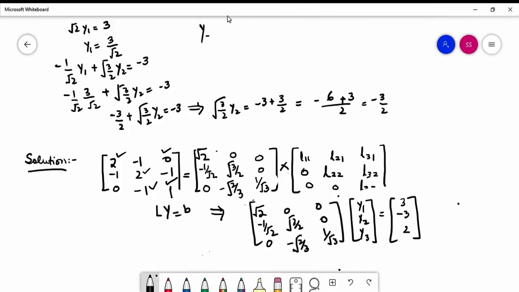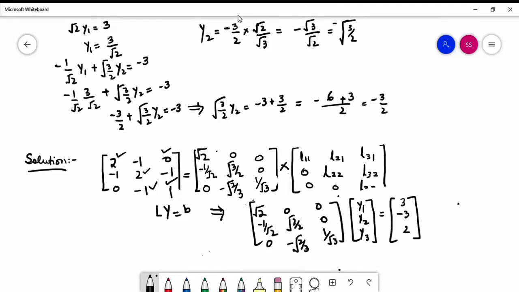So y2 is equal to, if I cross multiply it, it becomes -√3/2. Okay, the third equation is